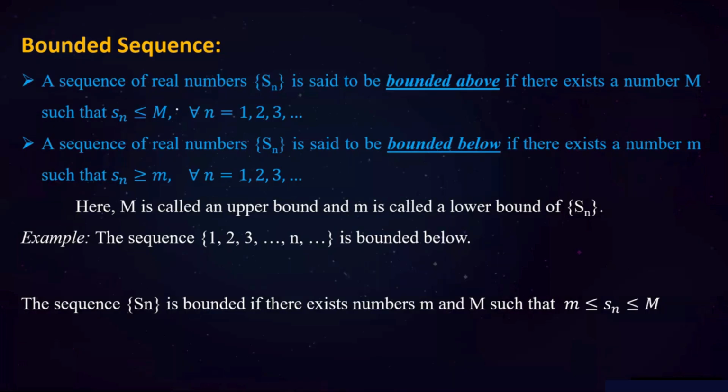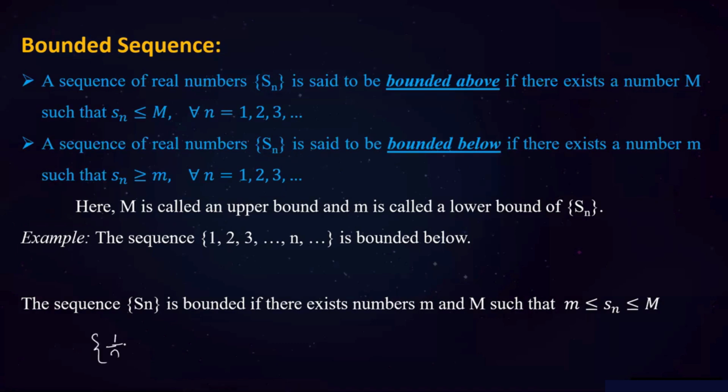Right? Anyway, when you are given a sequence of real numbers, if you can find one number m such that all the numbers in the sequence are less than this number, we call such a sequence a bounded above sequence. See here, for example, if I take 1 by n,